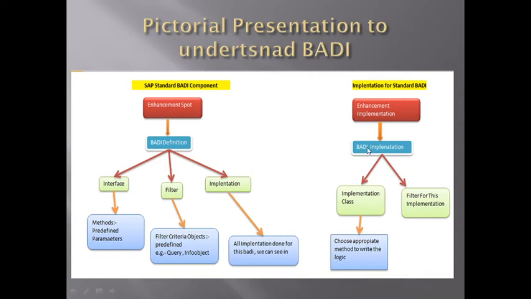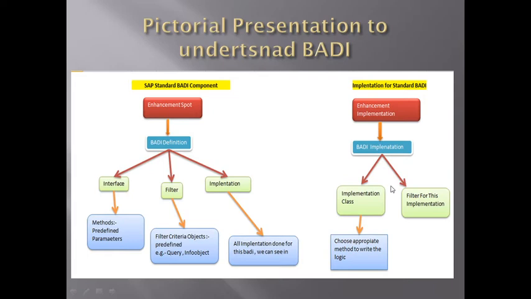So how can we use that standard BAdI functionality? To use it, we have to create the enhancement implementation. It is the same as an enhancement spot. In the enhancement implementation, we have to create a BAdI implementation, the same as a BAdI definition. Once you create a BAdI implementation, you will get an implementation class.